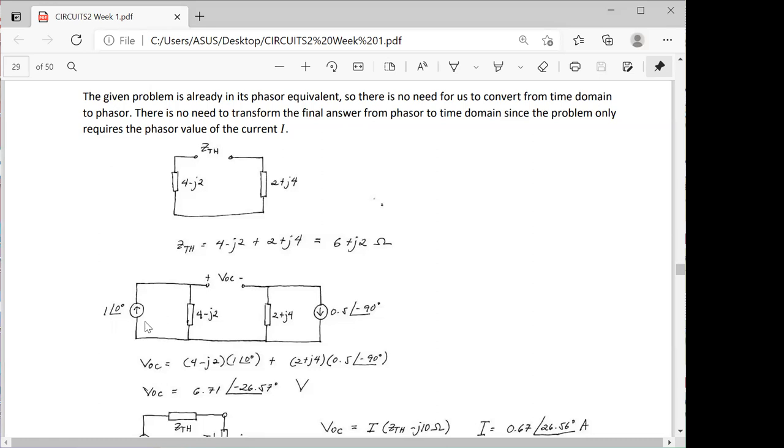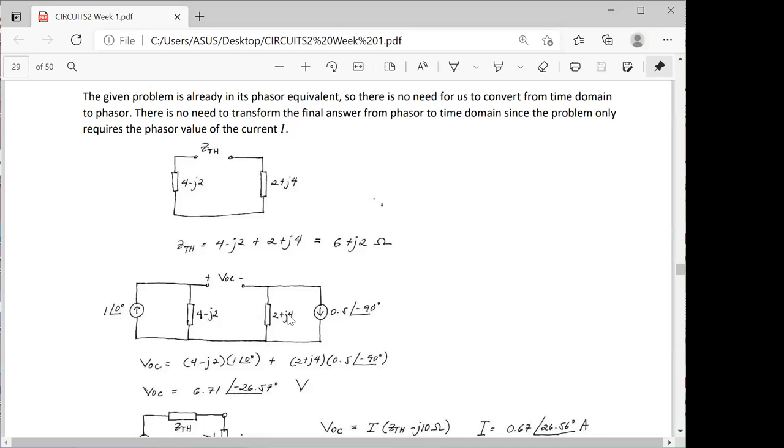And if you try to consider the direction of the current with respect to the left current source here, you'll notice that our loop entered the negative terminal again of our left current source. So if that is the case, the voltage sign then is negative. So negative 1 angle 0 times 4 minus J2 equal to 0. Then from there, we can transfer